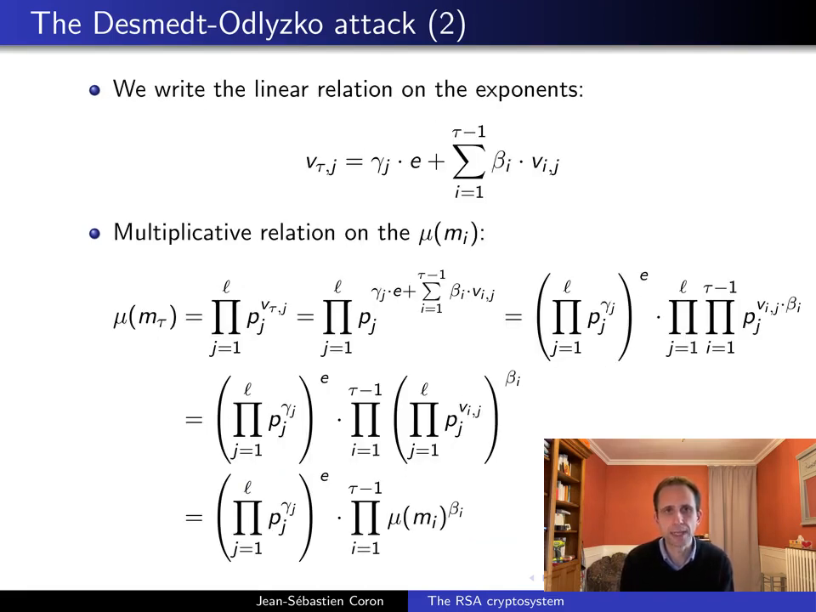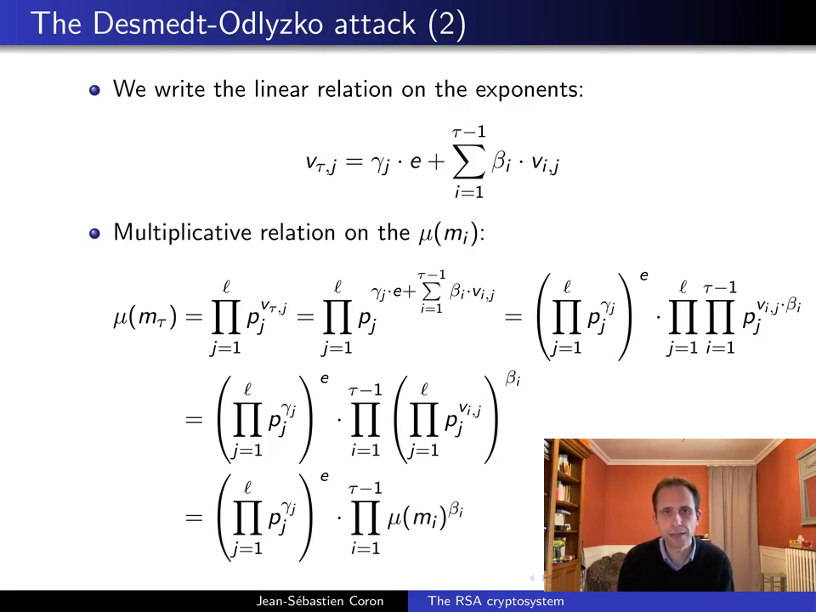So we can rewrite this linear relation on the exponents. We get that the exponent v_τj is equal to γ_j, the integer γ_j which comes from the vector γ, times e, plus the sum for i equal 1 to τ−1 of β_i times v_ij. So here we have written each of the j components. And then it's easy to derive from this linear relation a multiplicative relation on the encoding μ of m_i, because